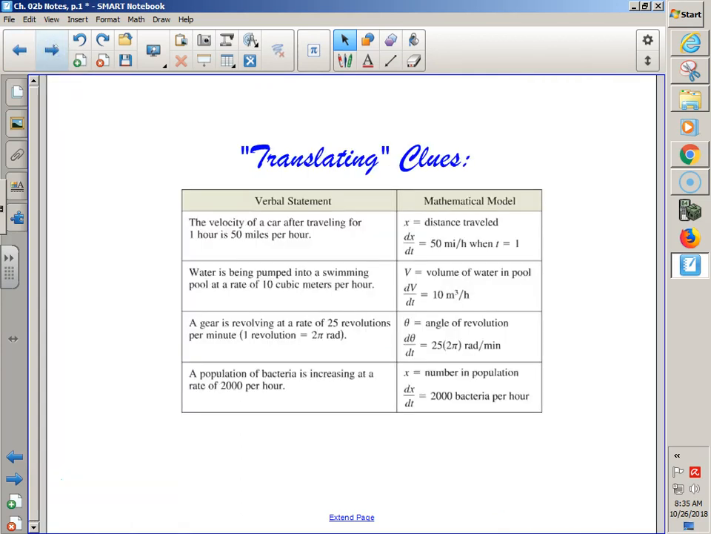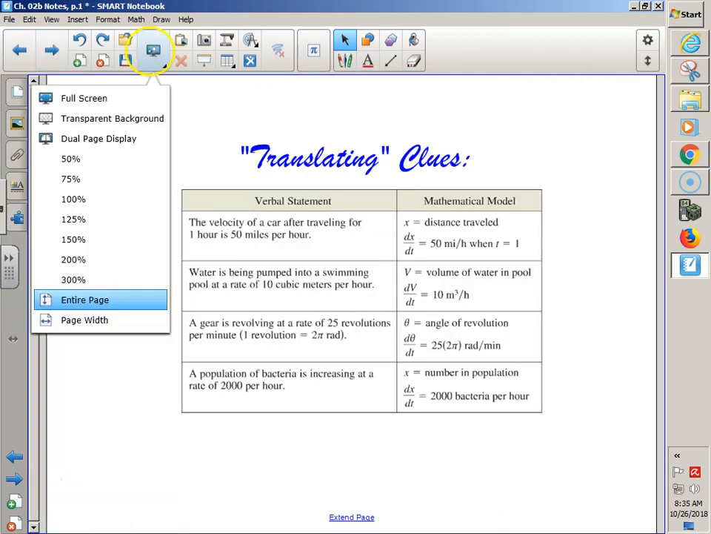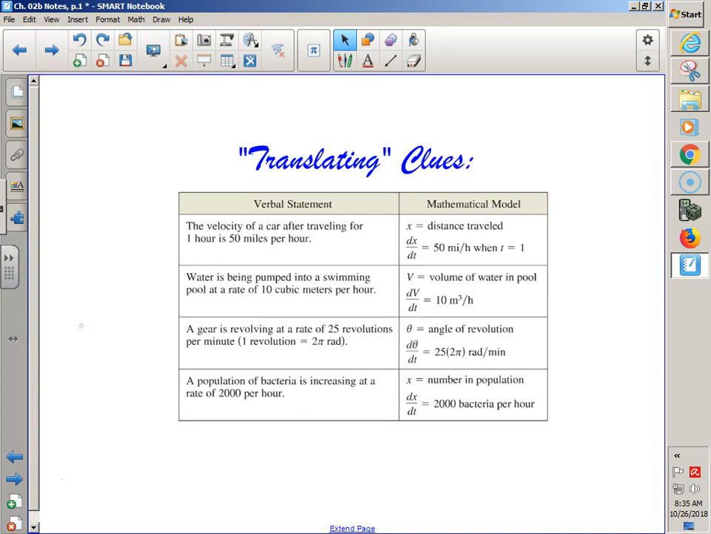Guys, you ready? You don't have to write these down. If you want to take a picture of them, you can. But if it says something like the velocity, oh,